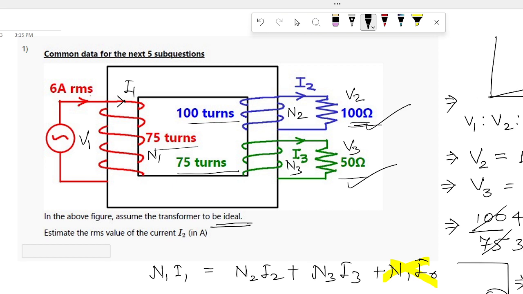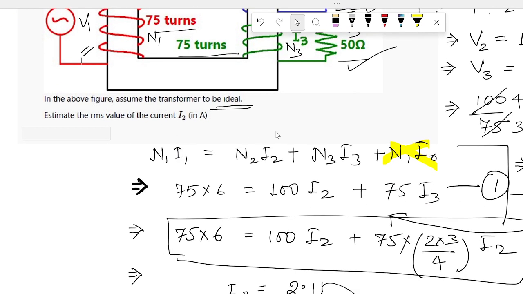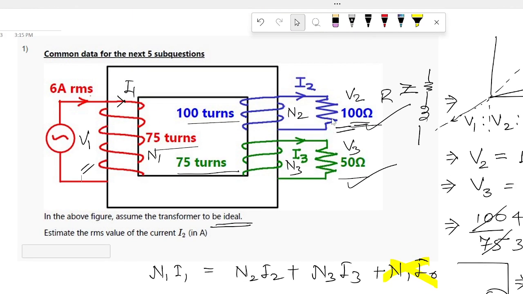Had this been the case of a non-ideal transformer, then you would get some no load current. And if the secondary load were other than R, say a combination of RL, you would get some load current in the secondary. Then this would form your IA2, and again the power factor would come in at the primary side. Since we have neglected this and assumed the resistive load being fed at the primary, the secondary and the tertiary winding,